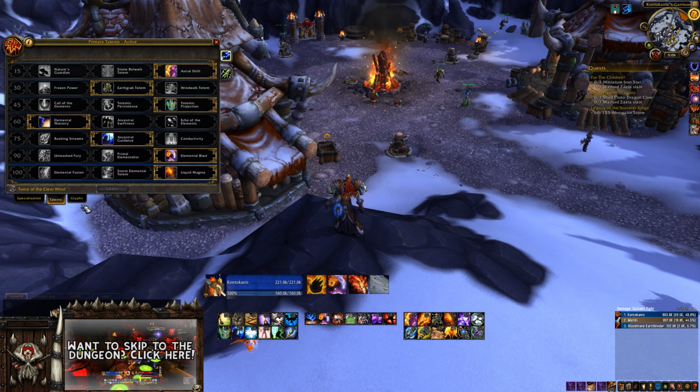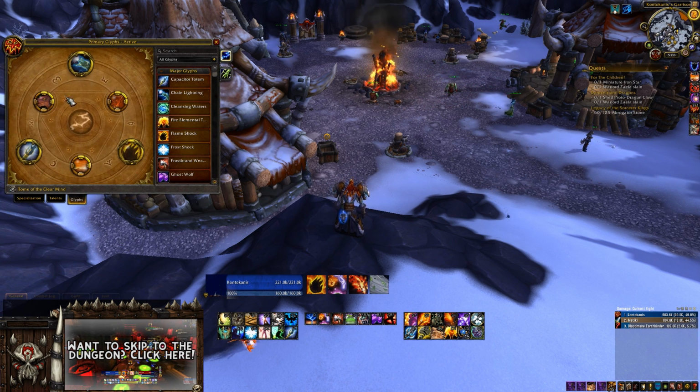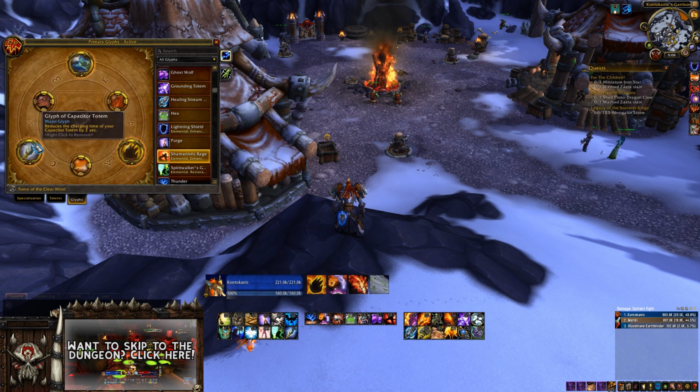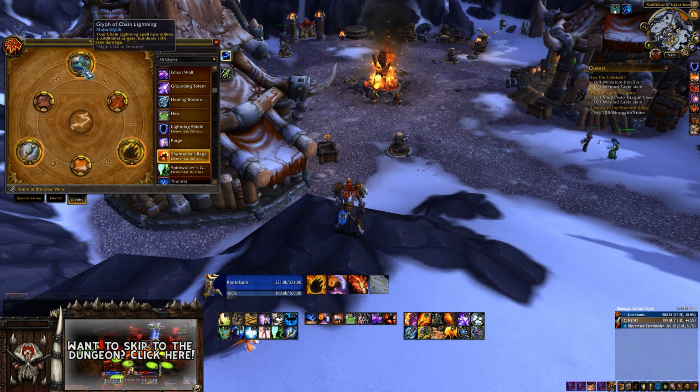But I also have the Glyph of Shamanistic Rage. I believe I do anyway. Oh, I don't actually have it right now. I should probably change that. So this makes it so that every time I activate Shamanistic Rage, it cleanses me of all dispellable, harmful magic effects. So other glyphs we're going to be using, obviously Glyph of Chain Lightning, because there's going to be more